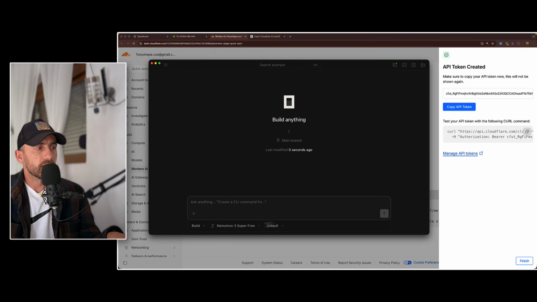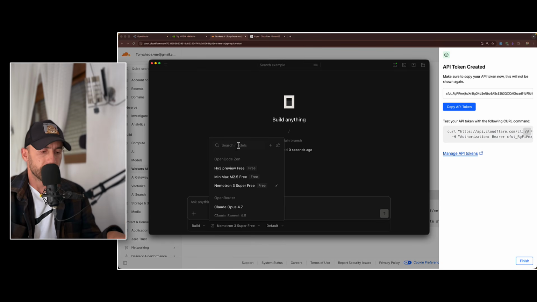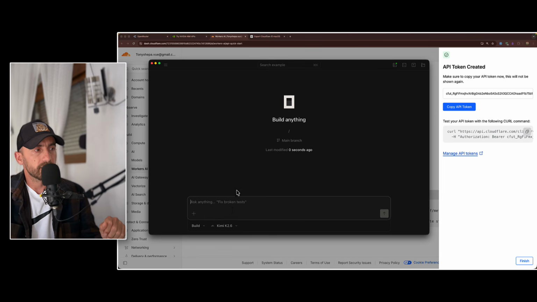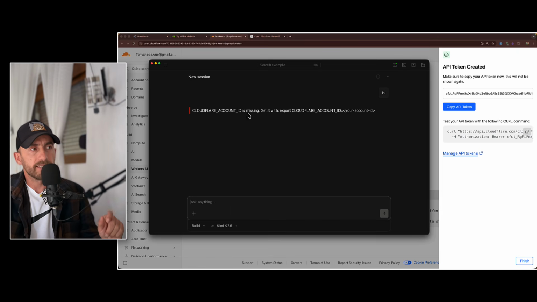Now if I want to choose a model from Cloudflare, let's say Kimi K2.6. As you can see, we have Open Router and NVIDIA, also the Cloudflare Workers AI. So if I click here and I'm going to say hi, we have this: Cloudflare account ID is missing. Set it with export CLOUDFLARE_ACCOUNT_ID equal to your account ID. Okay, so I'm going to copy this,